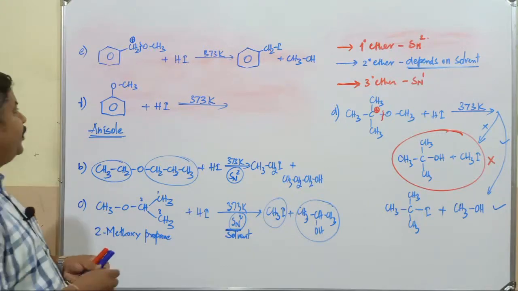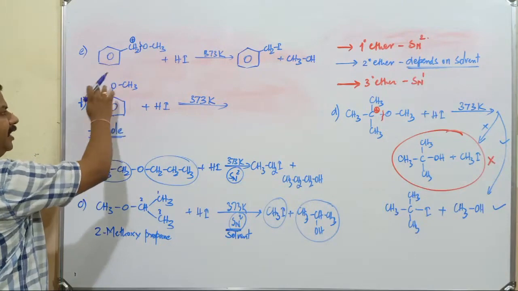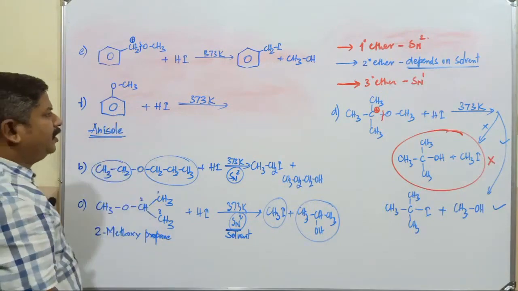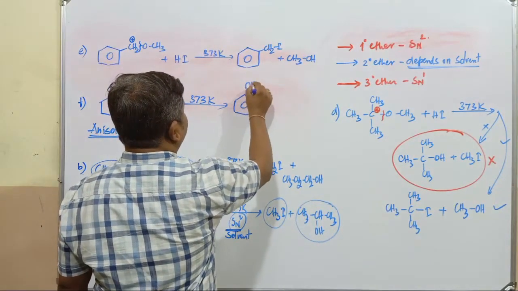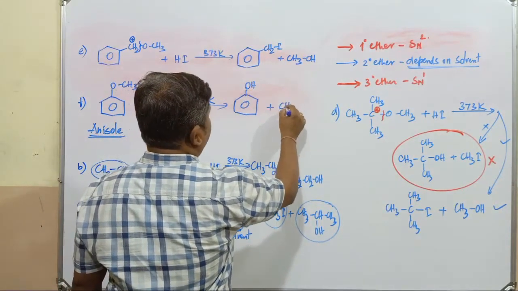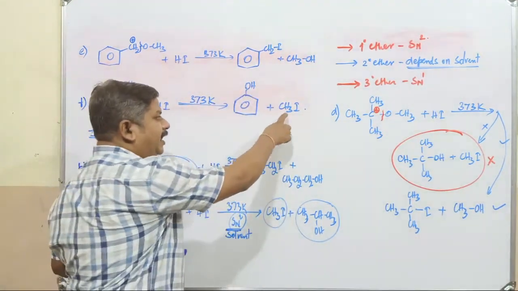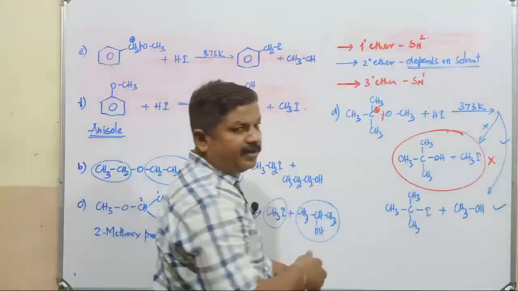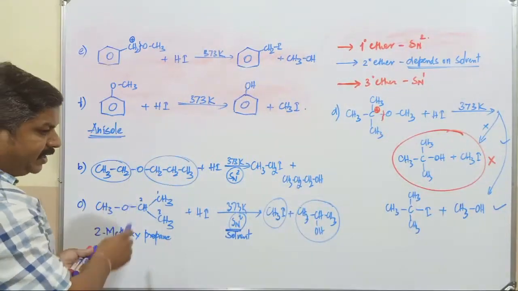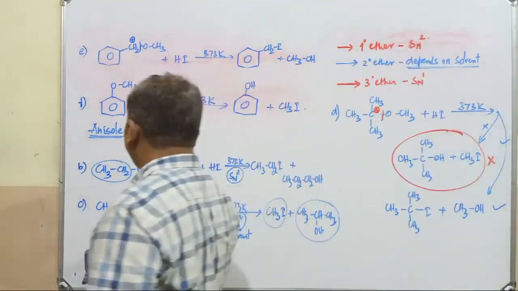Okay, what's the product in this reaction? As in the previous example, where benzyl carbocation was there, is benzyl carbocation possible here? There is no benzyl carbocation, so naturally the product formed is OH plus CH3, this is iodide. First rule, iodide is added to the smallest alkyl group. But in this case iodide is added to the largest alkyl group because of the formation of what? Tertiary carbocation. These are the reactions where cleavage of the carbon-oxygen bond takes place.